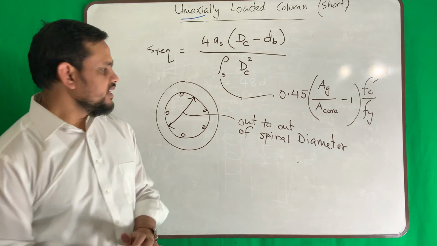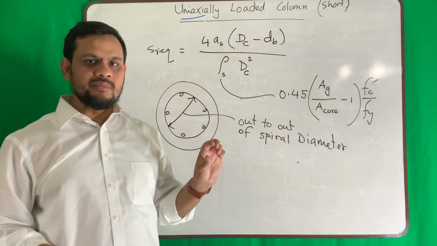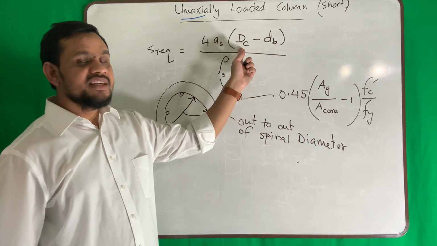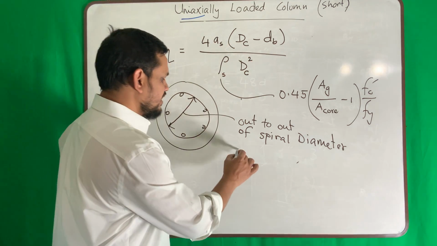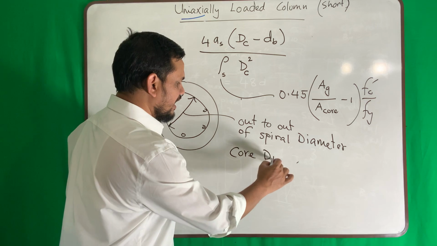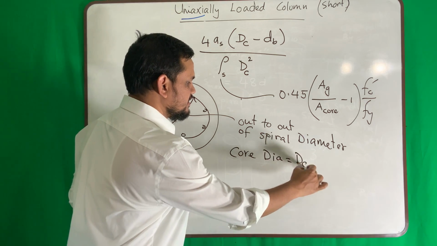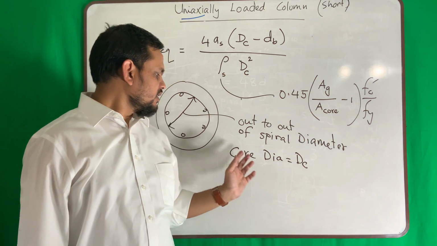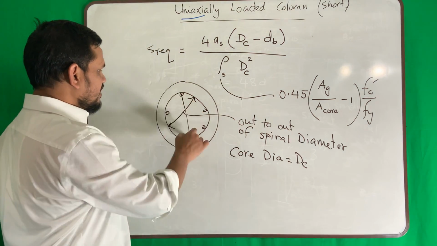That means if you deduct only the clear cover, whatever is left, the diameter is called DC, core diameter. What is A core? Area of the core. That means the area of this,